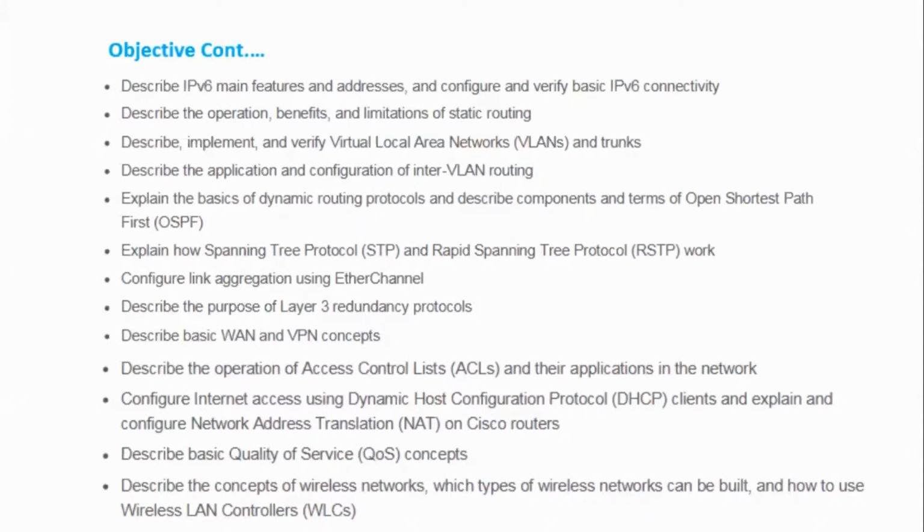The purpose of layer 3 redundancy protocols, WAN types, VPN, the concept of VPN, what is an access control list, how it works, how we can create it, what is Dynamic Host Configuration Protocol. If you know, when you connect to your ADSL router via wire or wireless, it will provide you some IP. If you get it on your phone, sometimes you see obtaining IP address. So how does that DHCP work to provide you the IP, what is IP, what is network address